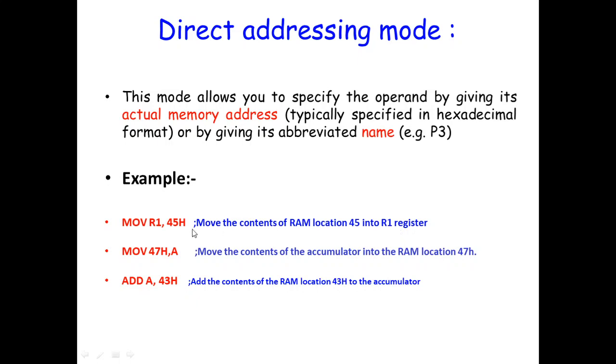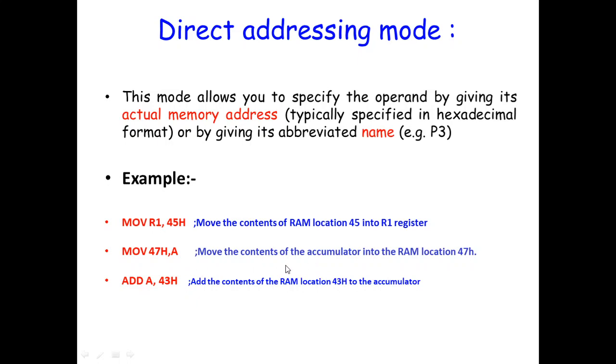And from that point of view, I am writing the instruction MOV R1, 45H. Now this 45 is treated as an address, not data. Suppose a hash sign is there, then we are declaring this 45 as data, but nothing is here, means this 45 is working as the address of a memory location. If you write a hash in front of 45, then you are saying that this 45 is passed into R1, but now the hash sign is not there, and that's why you are saying that the data from the memory location whose address is 45 is passed into R1.